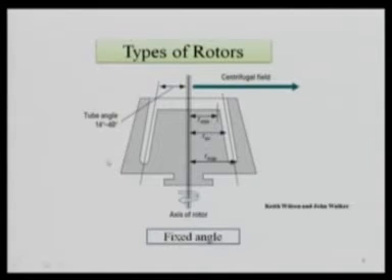Okay. In the middle of this rotor you can see there is an axis. And if you see, this is rotating like this, anti-clockwise. And since the cavities in this rotor are fixed, the angle of this rotor is not going to change throughout the process of centrifugation. Hence we call this rotor a fixed angle rotor.